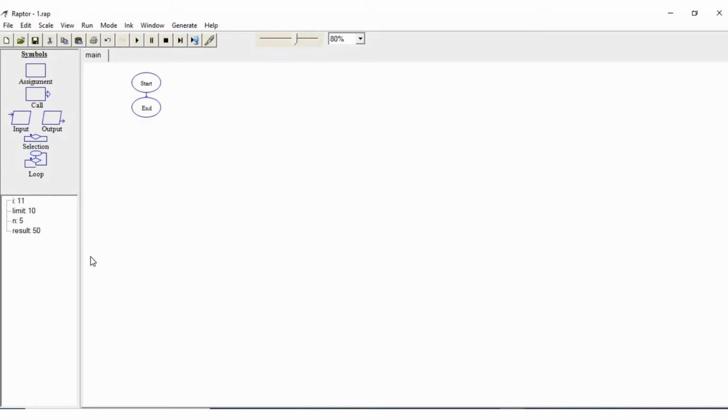For drawing a flowchart, you can use Microsoft Word itself. In Microsoft Word, there is an option for inserting shapes. Using that, we can draw a flowchart. Alternatively, there is software available for drawing a flowchart as well as checking whether the flowchart you have drawn is right or wrong. The software is Raptor. The logo of the software is a dinosaur.